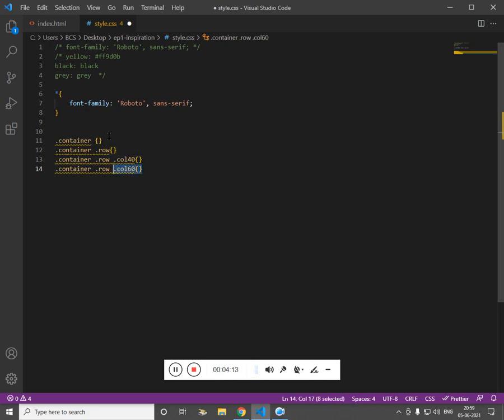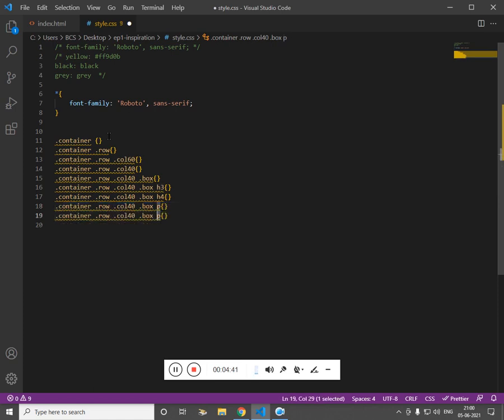Let me type this at the top because it is one-time use. Then after the col 40 we have box, not after, inside, and inside the box we have H3. Then we have H4. Then we have paragraph.